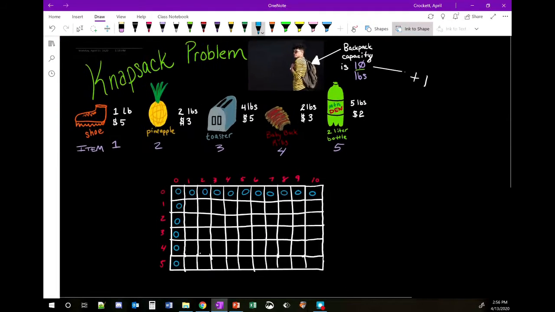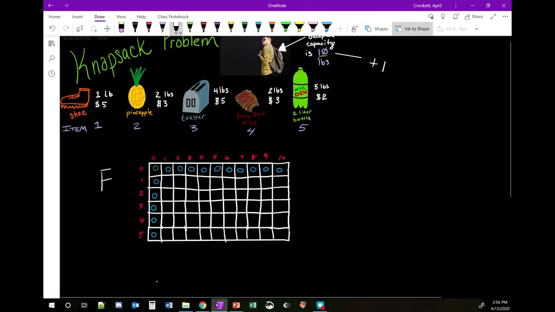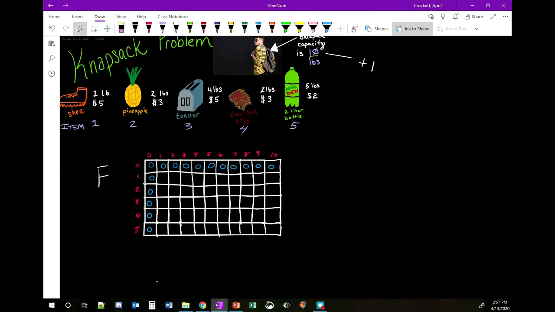Now, for each of these cells, from this point forward, we're going to follow a formula. Okay, and we're going to choose one of 2 options. And one last thing before I show the 2 options is I'm calling this whole 2D table F, because this is what the book calls it. So, how do we do this calculation? So F at index I, index J